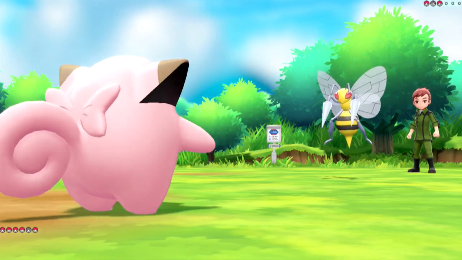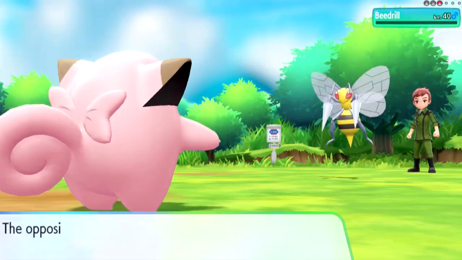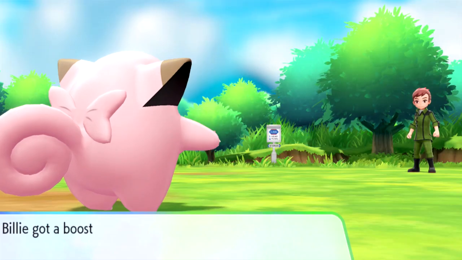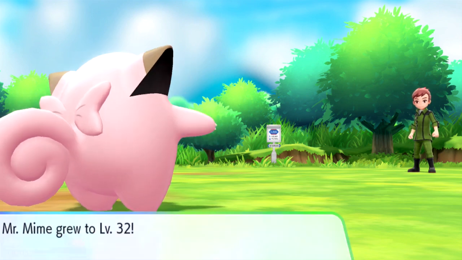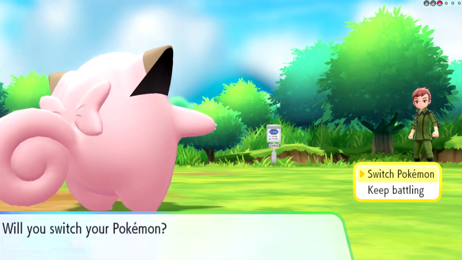Okay, this heart thing. This is the one feature that I don't mind, because as you can see, I'm kind of struggling from time to time, and the hearts really help me out. The rest of my team is slowly tugging along. Look at them, they're level 30s, and we're over here fighting this dude who's...